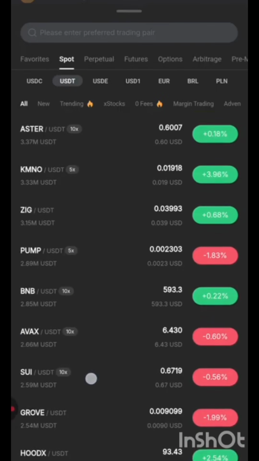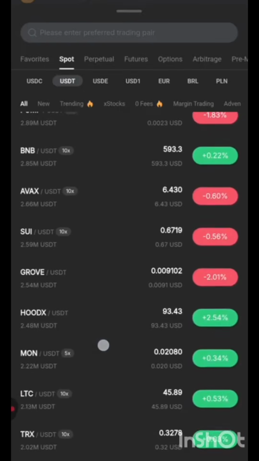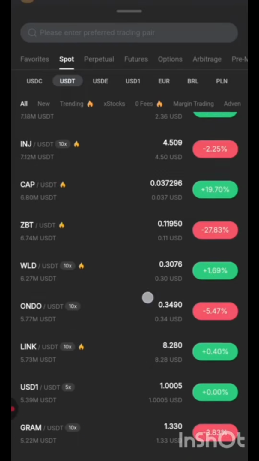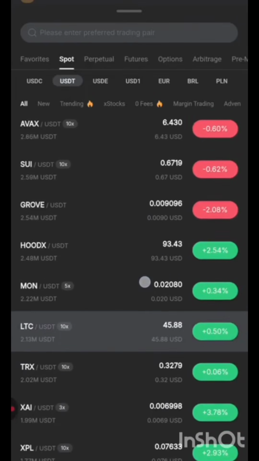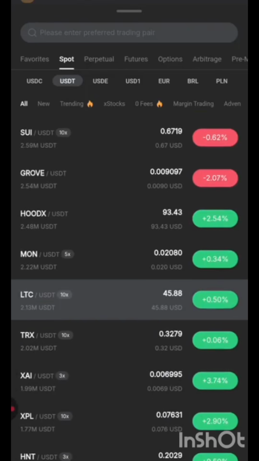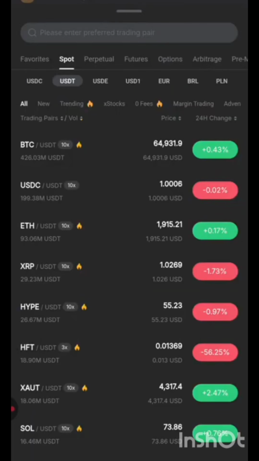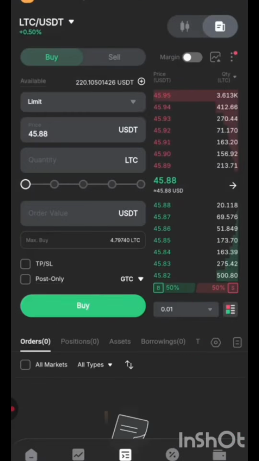So if I scroll down, we have a couple of them that are in the millions, but this very one called LTC actually caught my attention. It is trading at 45.88, very decent, and the volume there was quite okay. If you look at it, you're going to realize that it had over 2.1 million, which is very okay. So once you pick any cryptocurrency there, the second step is to